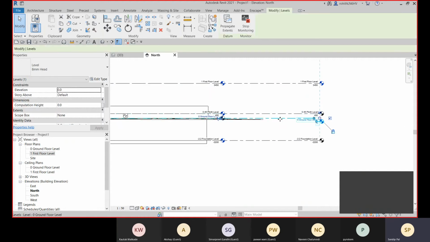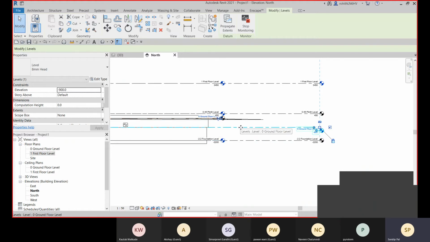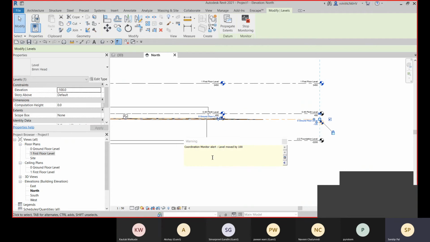Now if I change this ground floor, it will show you this alert, because we are coordinating with this model, right? So it's giving you that alert, and that shouldn't be done. So you should move it back to the right position, and this is not yet correct.